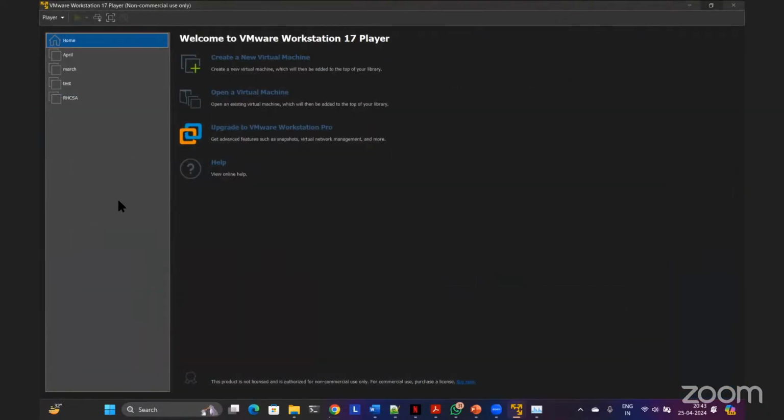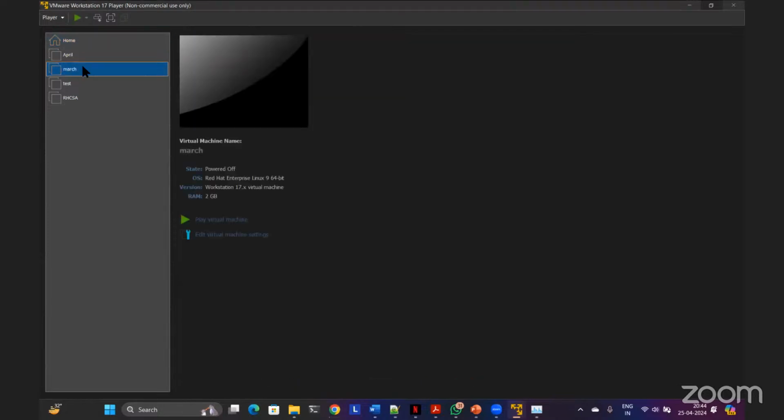Okay. So let me open this machine for the March batch. As you can see here, I want to show you how it looks like when it is installed. Okay. So play this virtual machine.